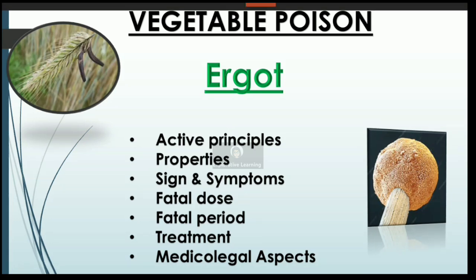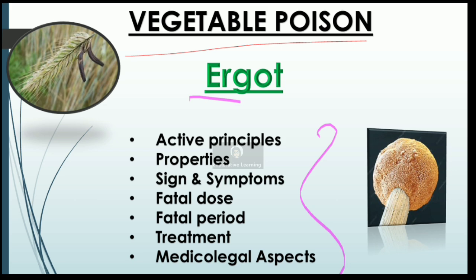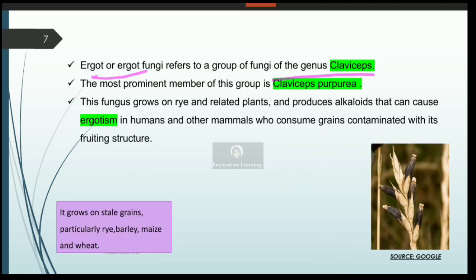Let us learn about the vegetable poison, that is ergot. Here are some features that we will discuss about ergot in detail, which is also termed as ergot fungi. They are mostly part of the Claviceps genus. They belong to the group of Claviceps fungi, and this group is commonly termed as Claviceps